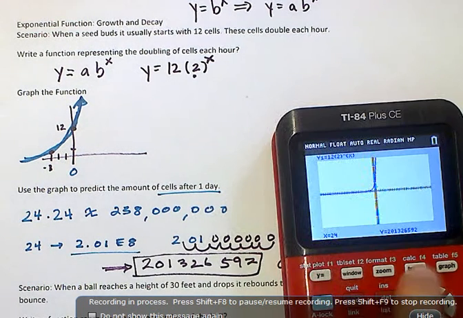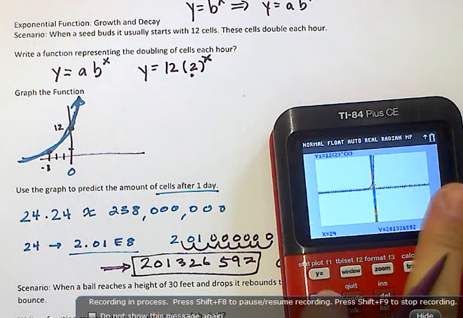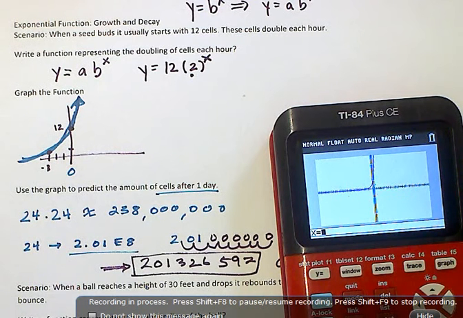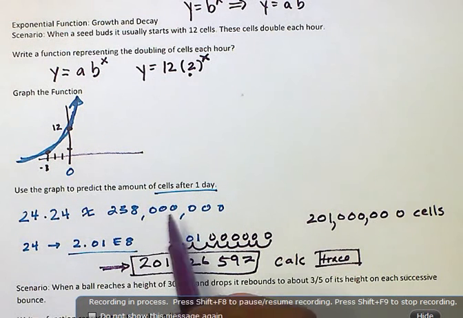Yeah, I put it in, second, calc, my 0, and I can look, okay, what happens at 20 hours? And that gives me my value here, it's about 1,258,000. This right here,